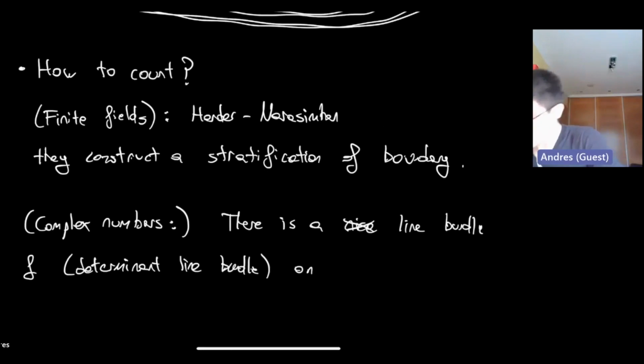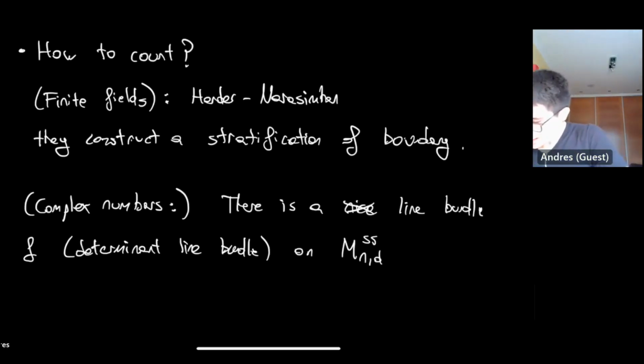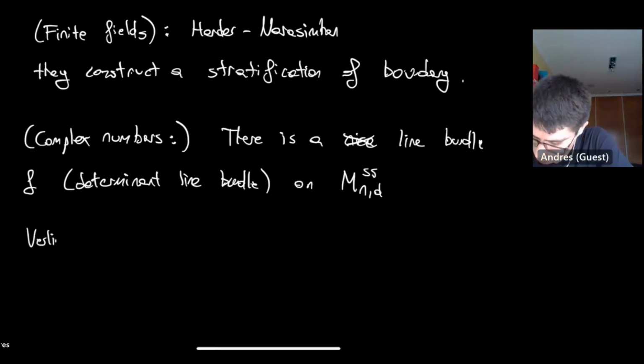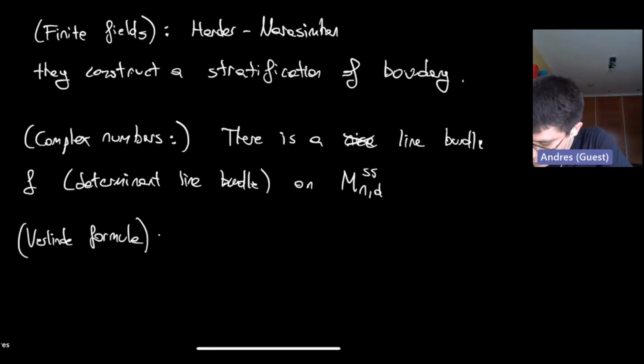On this moduli space, let me just call it M, the moduli space of rank n, degree D, semi-stable vector bundles, it turns out that there's a nice formula for the index of this. It's called the Verlinde formula. It turns out that this line bundle doesn't have any higher cohomology, so the Euler characteristic is just the dimension of H0. And what the Verlinde formula says is that the dimension of H0 of powers of this line bundle can be